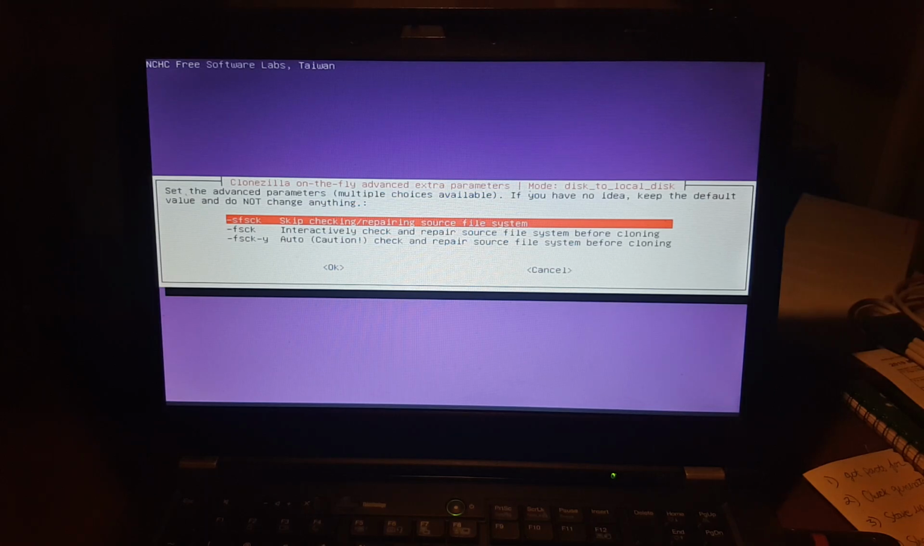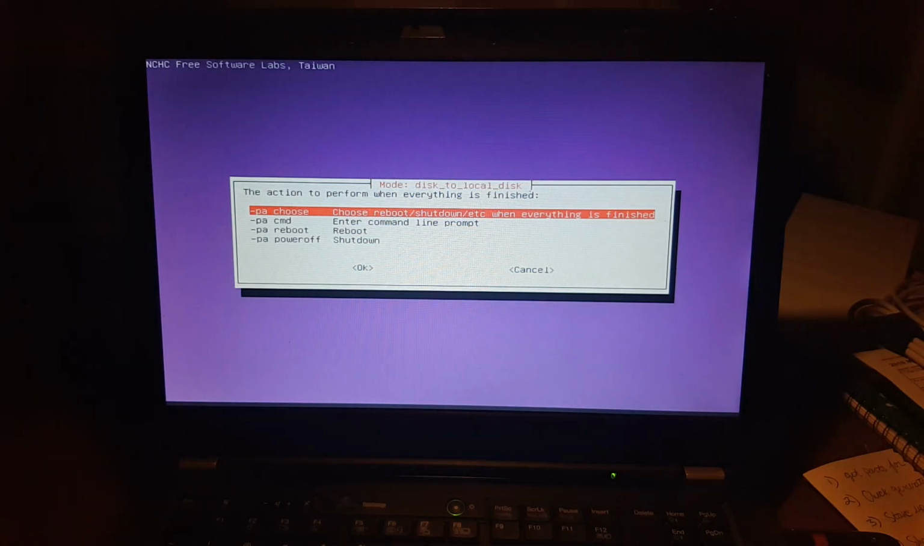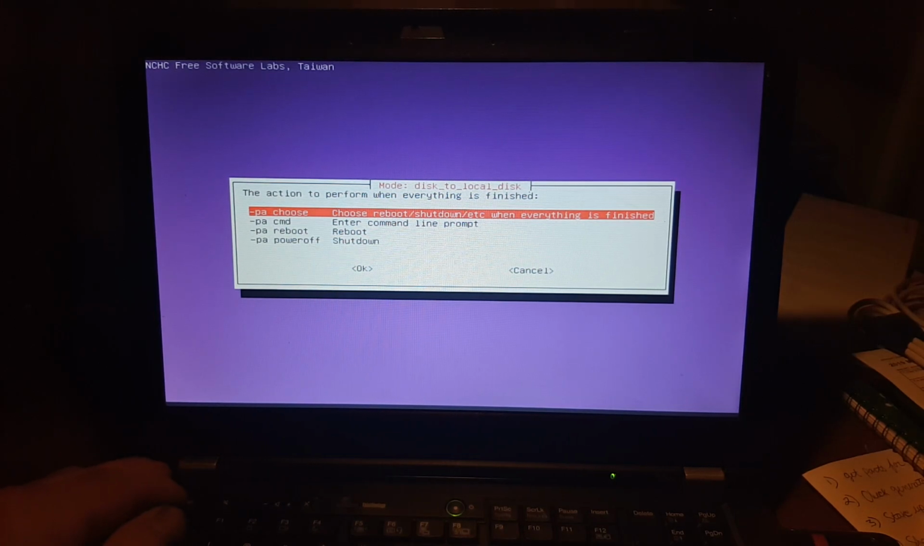Skip checking, repairing. Yup, you want it. Just skip the FS. Skip it. The action to perform when everything is finished. Choose reboot. Yup. You want to reboot your machine, but at this point, kids,